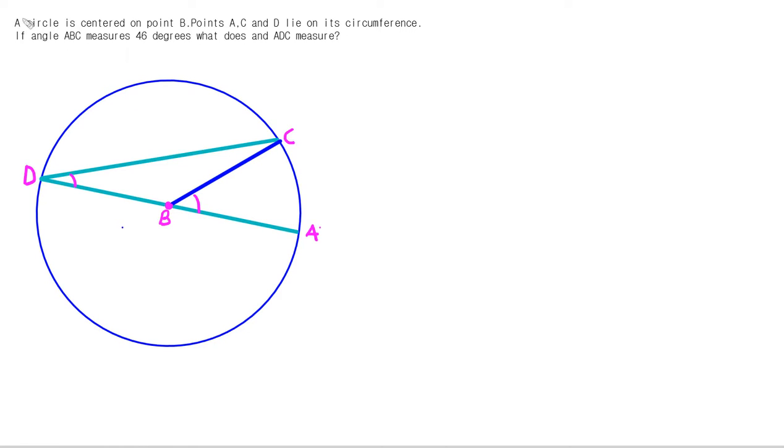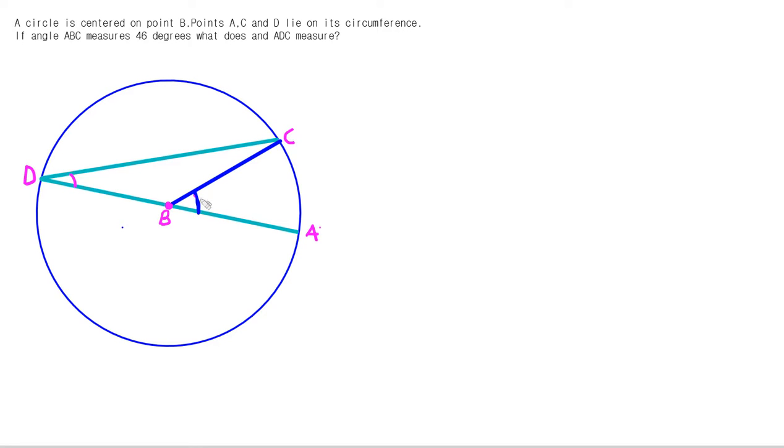The question says the circle is centered on point B. B is the center of our circle, and the points A, C, D lie on its circumference. The circumference is the curved line that wraps around the circle. And if angle ABC, right over here,